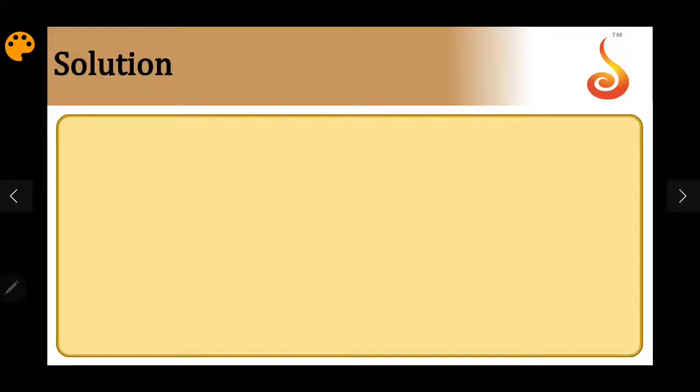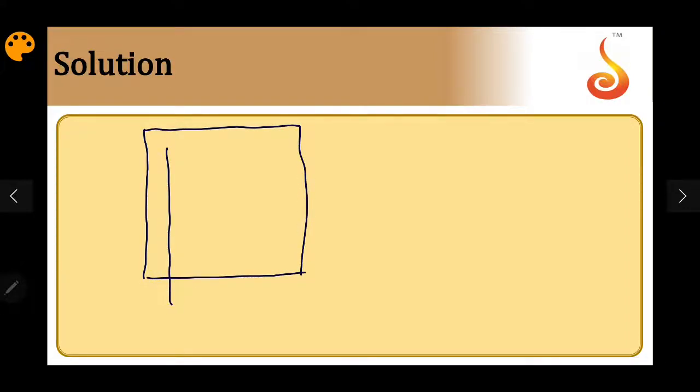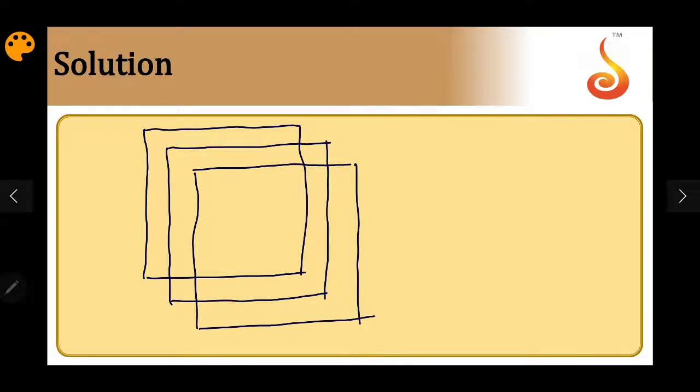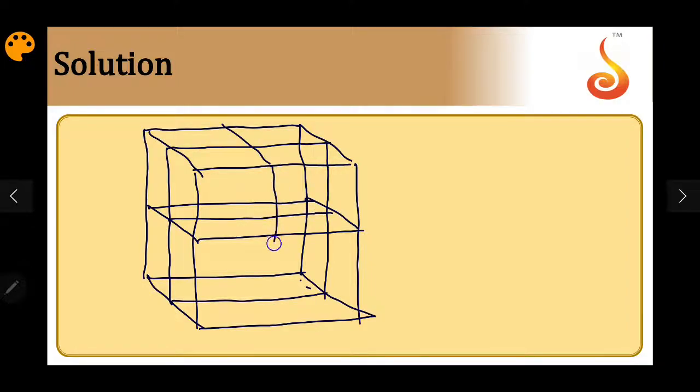So I'll write the same structure that I wrote earlier. This is one face, the second cube, and the third one. So this is the FCC lattice that I am drawing, divided into 8 unit cells to locate the octahedral and tetrahedral voids. Now an octahedral void is present here. One more octahedral void is at the edge center.